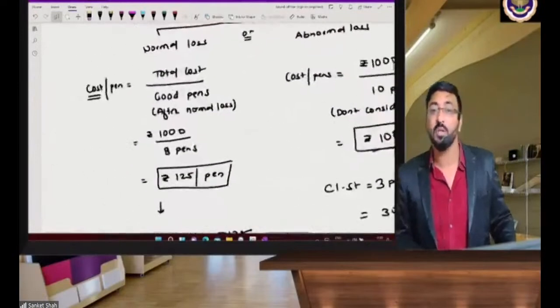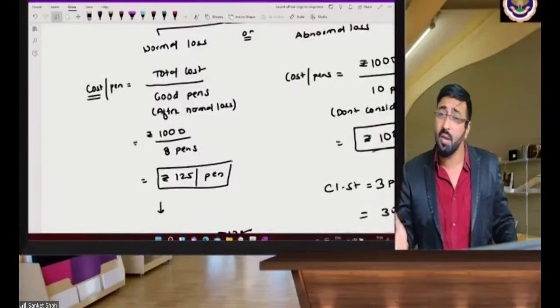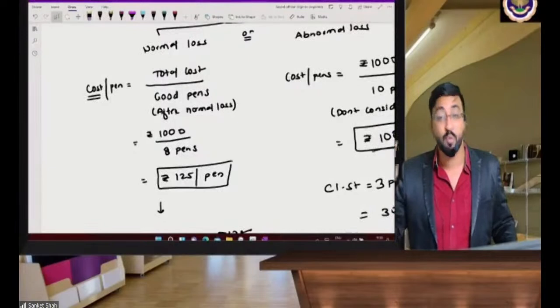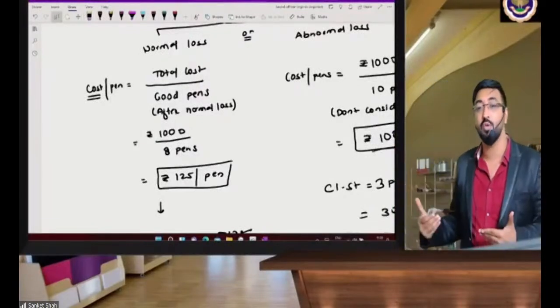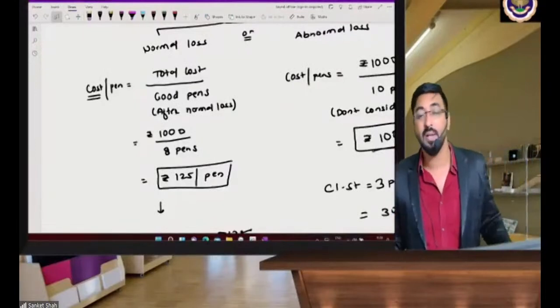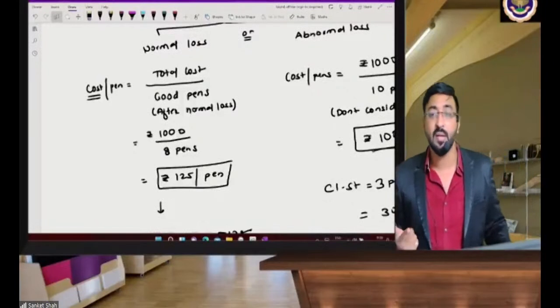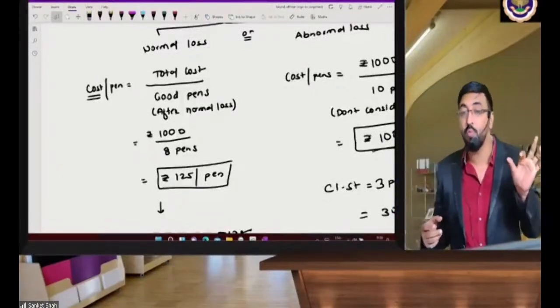कि जब टोटल कॉस्ट मैंने खरीदा तब मैंने 1000 रुपया दिया, पर मुझे पता है कि 10 पेन में से 2 पेन खराब निकलने ही वाले हैं, ये मेरा अंदाज है और मुझे मेरा पास्ट एक्सपीरियंस है। तो पास्ट एक्सपीरियंस ये मुझे बताता है कि 2 पेन्स खराब निकलने वाले, तो मैं मेरे इधर क्यों बोलूं कि मैंने 1000 रुपए के पेन्स खरीदे, मैंने तो 8 ही पेन्स खरीदे, 10 पेन्स नहीं खरीदे, मैं बोलूंगा 8 पेन्स खरीदे। ओके, तो मेरा कॉस्ट पर पेन कितना हो जाएगा, 1000 डिवाइड बाय 8।